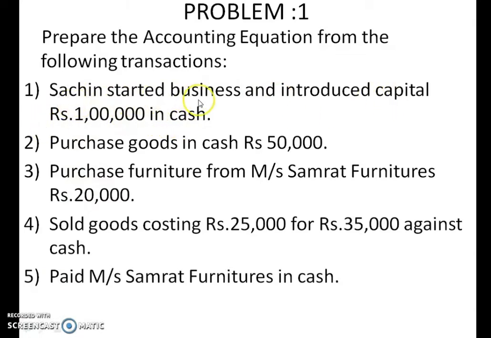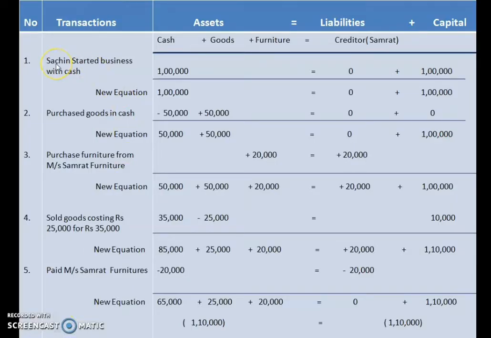So Sachin has started business and he has brought cash in the business, which is for capital. In the form of a capital, he has brought the cash. So here you can write the transaction, Sachin started business with cash. That question as it is you have to copy over here. Next thing you have to think is this Sachin, he has started the business using the cash. So as he has brought the cash, it is an asset for the company. So that you have to write over here.